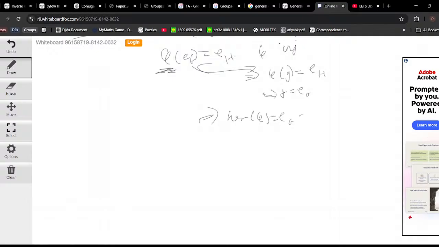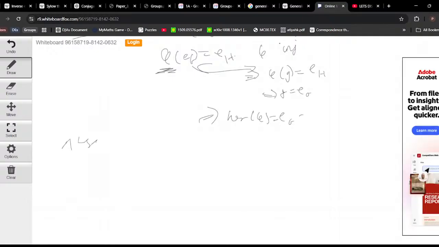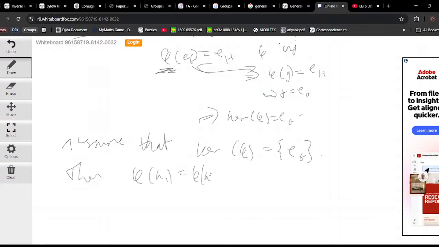So let's now assume that the kernel of phi is equal to just E_G, so it's just the identity. Then, if phi of H1 equals phi of H2, then this means,